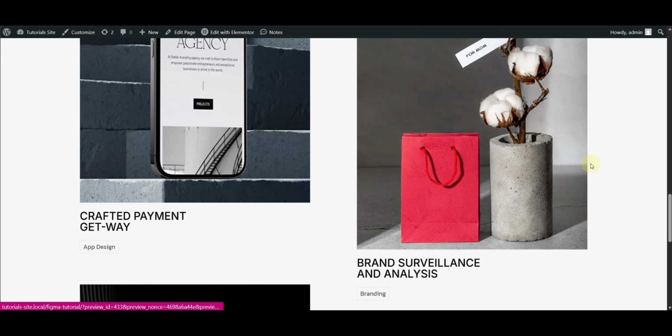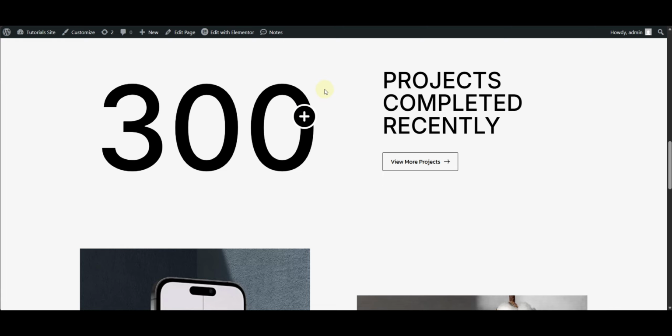This looks similar to the Figma design. This marks the end of this